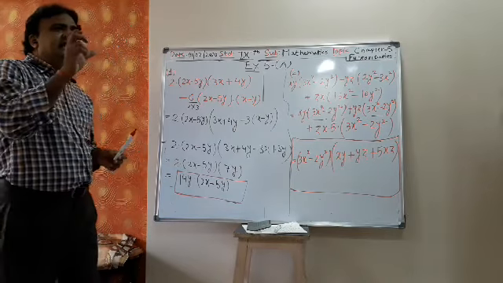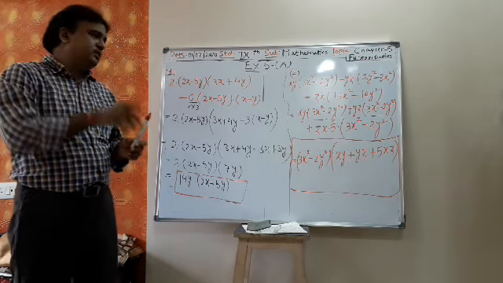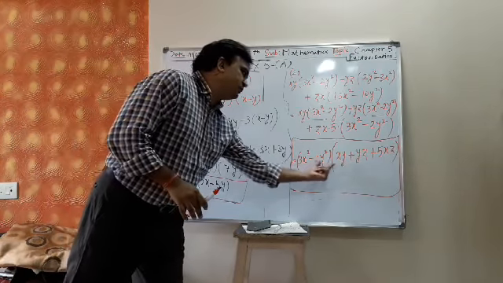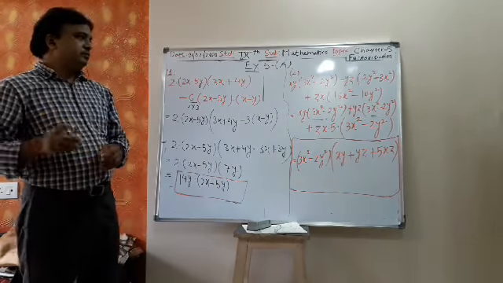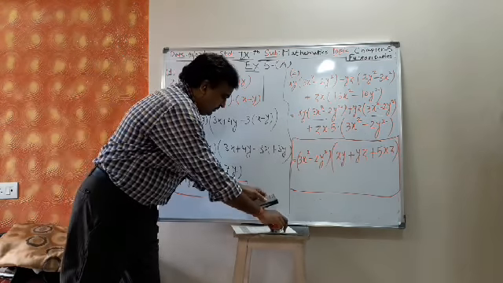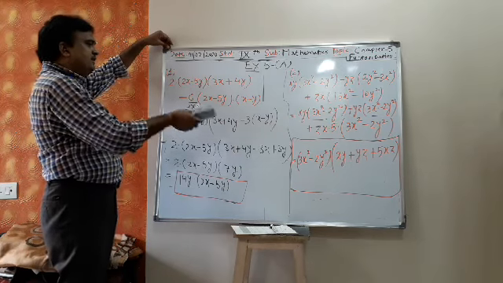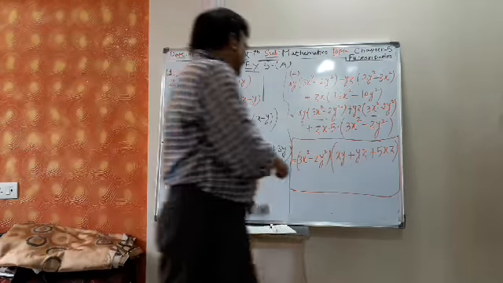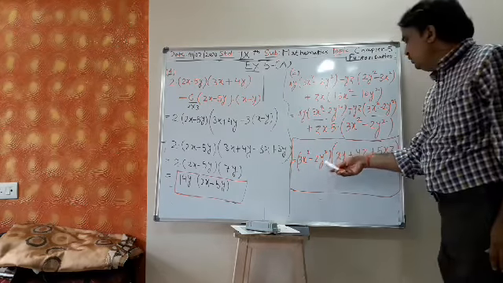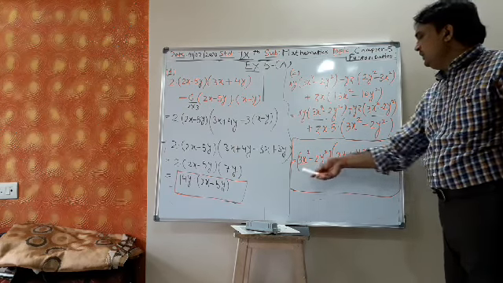Factorization means writing the entire expression as a product of two terms or three terms. So this is a product of two terms by taking the common factor. Yes, this is the answer. Whenever in the last expression you are getting a product of two terms, this is one term, this is the second term, so a product of two terms means factorization.